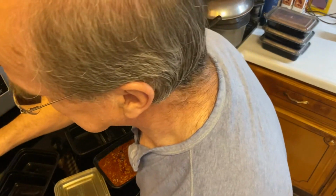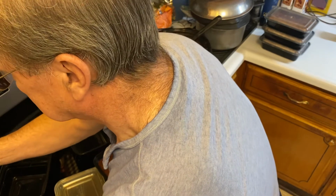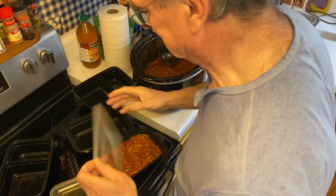Maybe I should find a different place to put that. I like to store my stuff upside down. Hey, this is going well. But anyway,